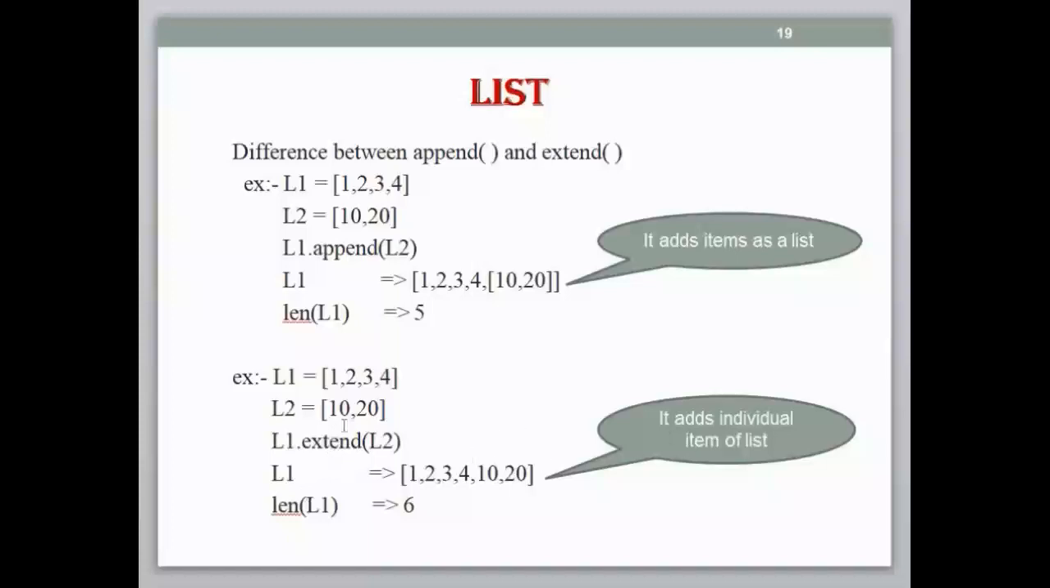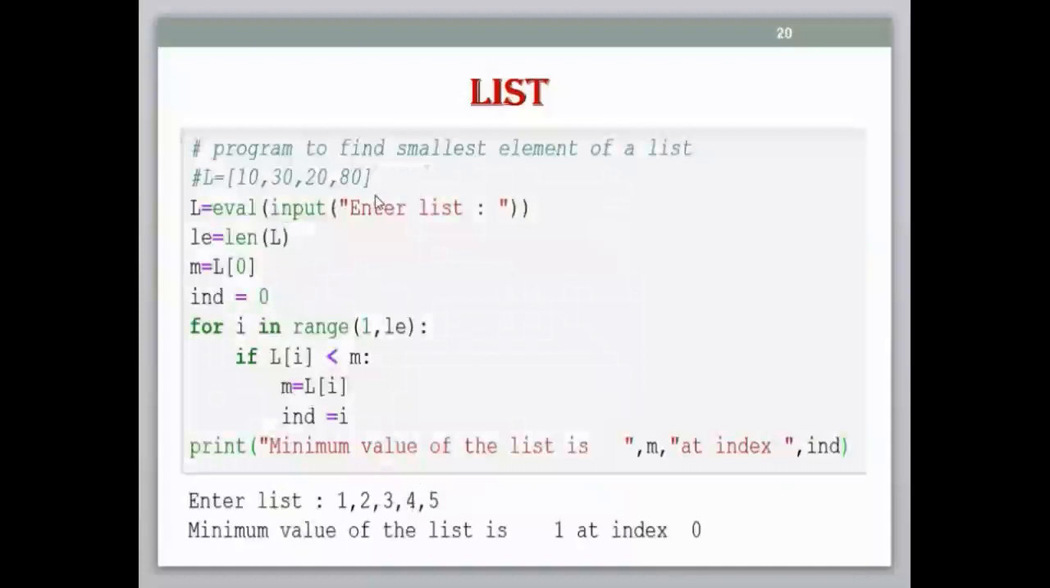It adds the individual items of the list. It will make it a single list only. So if you want to find out the length of the list, it will be 1, 2, 3, 4, 5, 6. If you are adding a second list to first list, here is a program to find smallest element of